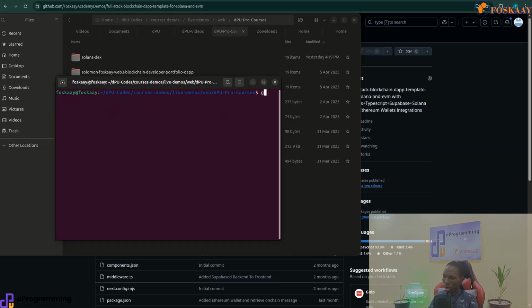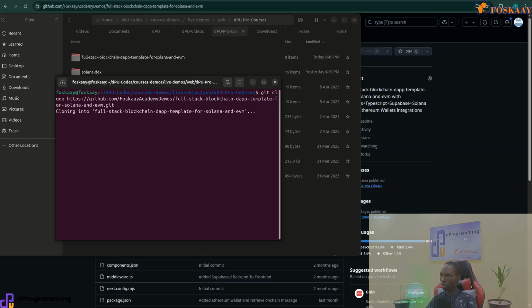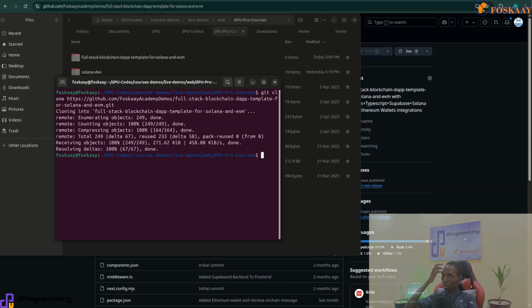So git clone. Usually at times mine might have issues because I'm using multiple git accounts, but just clone it. Okay. So we have this now,